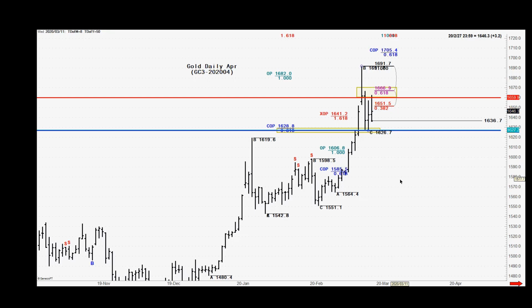So watch the trend push lower. If we can trigger that down for a second time now, given the big resistance zone, we might see a push down